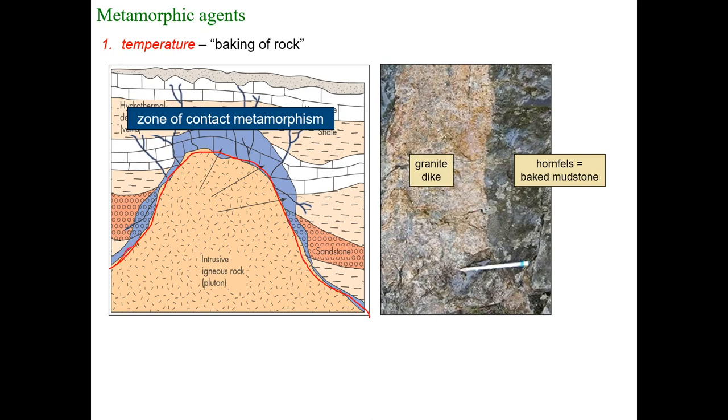When a pluton is intruded, it's very hot, right? So you have a magma chamber forming, and the zone around it is going to get hot. So there's going to be what's called a zone of contact metamorphism surrounding the pluton that metamorphoses the country rock surrounding the pluton. A good example of this is a granite dike, which is kind of like a vertical